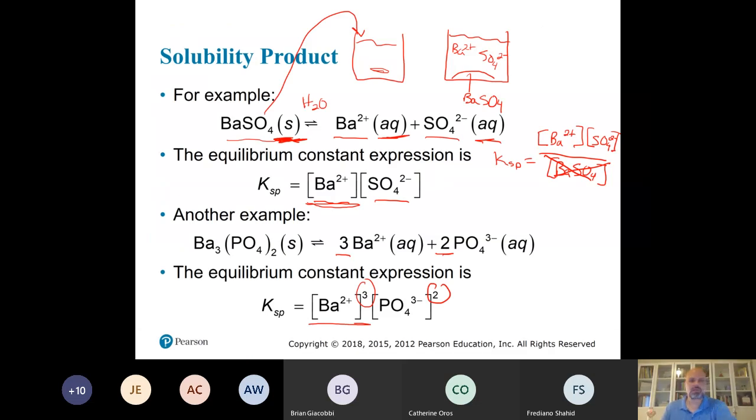So Annie, yes, the exponents came from the stoichiometry. Right, the stoichiometry of the equation, the 3 here gives you the exponent there, and the 2 gives you the exponent there. This is just as if we were doing a typical Kc reaction, right? If you remember back with Kc, our typical,